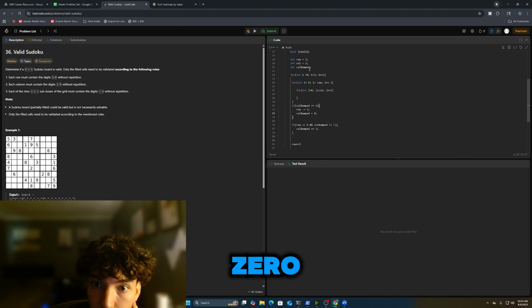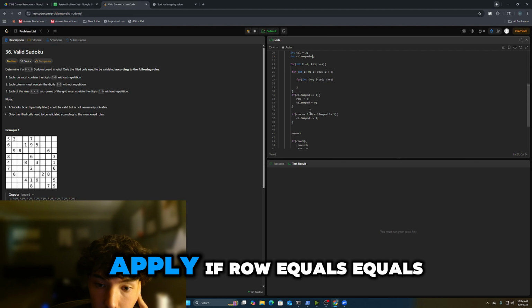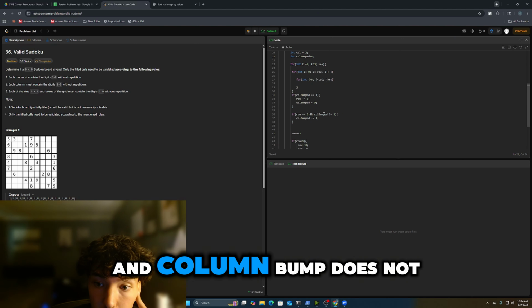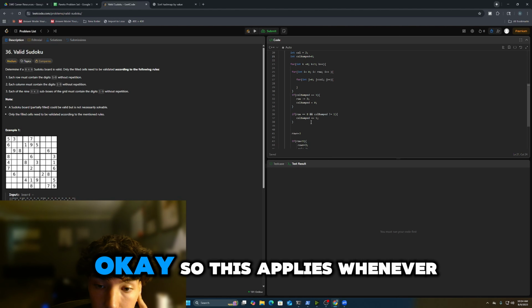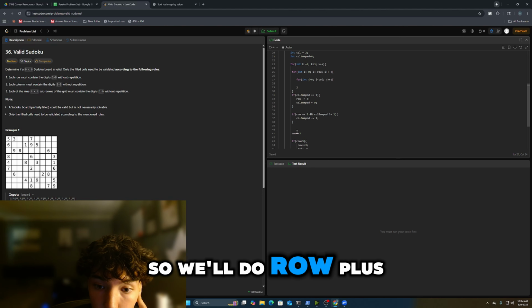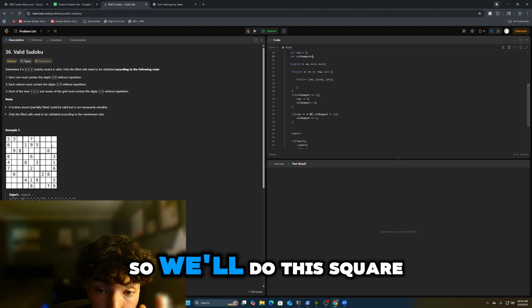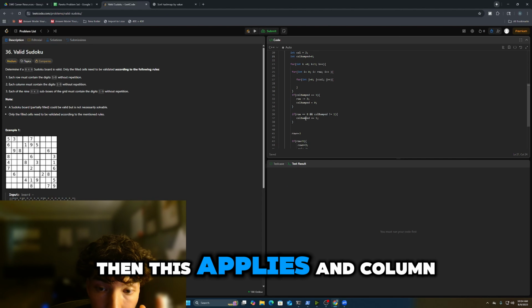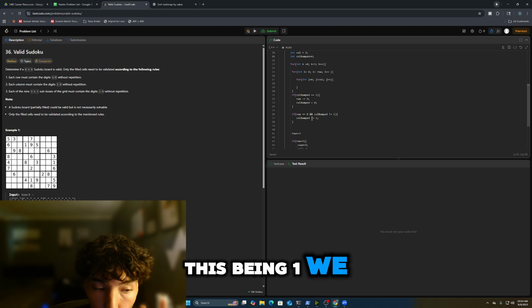Call bumped starts at 0, so this isn't going to apply. If row equals 8 and column bump does not equal 1. Okay, so this applies whenever row is equal to 8. Row starts off at 2, so we'll do row plus equals 3, which will take us to 5. And then we'll do this square. Then we do it again, which takes us to 8. So we'll do this square. Then this applies, and column bumped equals 1. So with this being 1, we